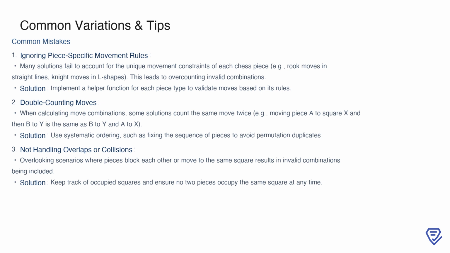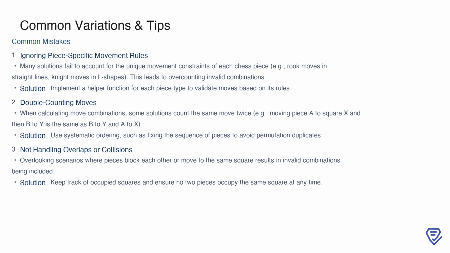This happens when the same set of moves is treated as different permutations, such as swapping the order of two pieces making identical moves. To prevent this, always establish a systematic order for processing pieces to avoid duplicates. Lastly, overlooking overlaps or collisions, where two pieces occupy the same square or block each other, can invalidate combinations. A reliable way to handle this is by tracking occupied squares and ensuring no two pieces share the same position